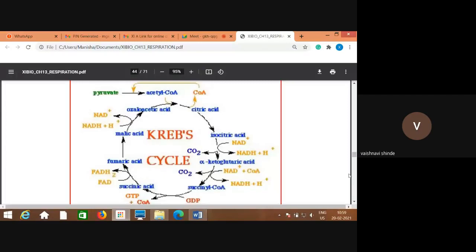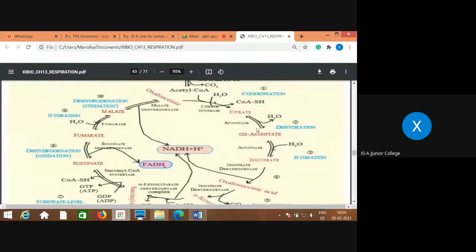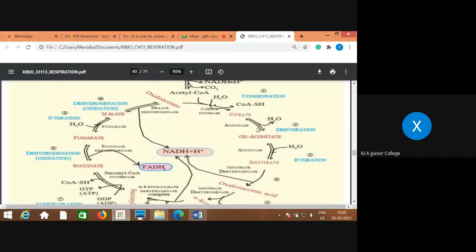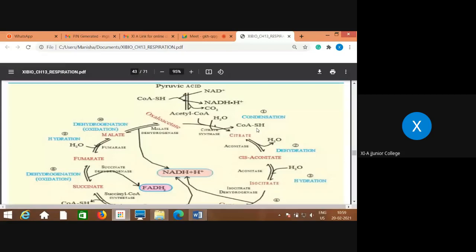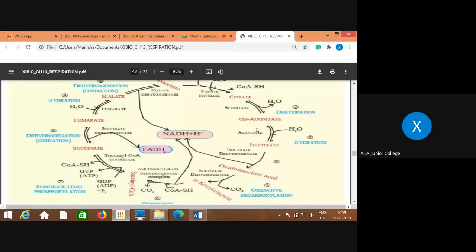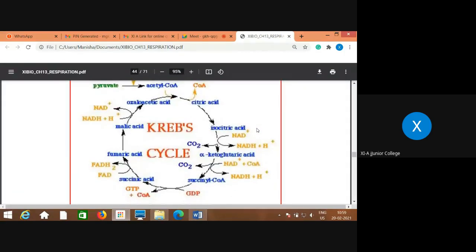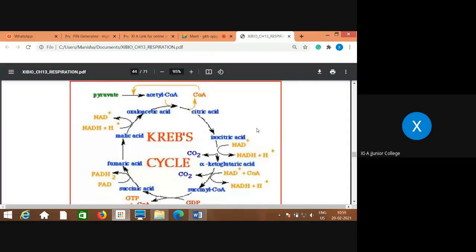So we discussed this Krebs cycle, which is given in your textbook, right? And in each step, very clearly it is shown where the dehydration takes place, where the hydration takes place, where is the decarboxylation, and where is the phosphorylation, and all. Everything is okay. But before that, you learn this sequence. Then you learn the text which is given in the textbook, that diagram, that cycle.